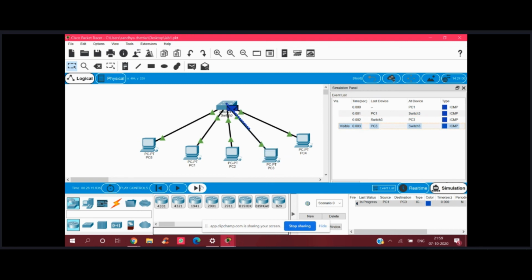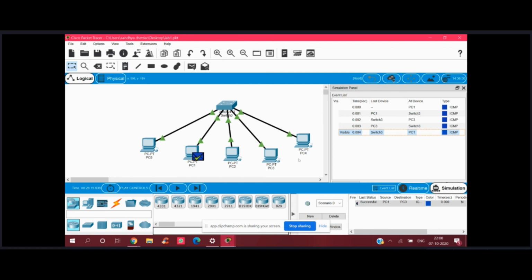Again, this can also work as source and this as destination, and this PC can also communicate with this one and send any packets that it wants. So this was simulation mode.